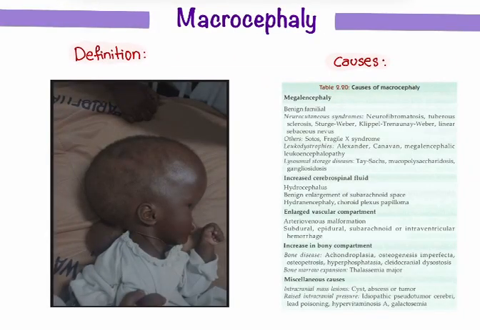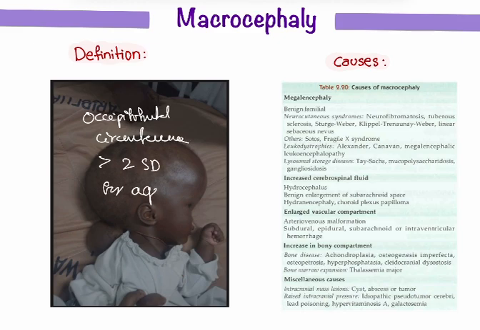Macrocephaly. Macrocephaly is defined as occipitofrontal circumference greater than 2 standard deviation for age and sex. It is known as macrocephaly. The causes of macrocephaly are megalencephaly, which is increase in volume of the brain. It is caused due to familial causes, neurofibromatosis, Sotos syndrome, Fragile X syndrome,